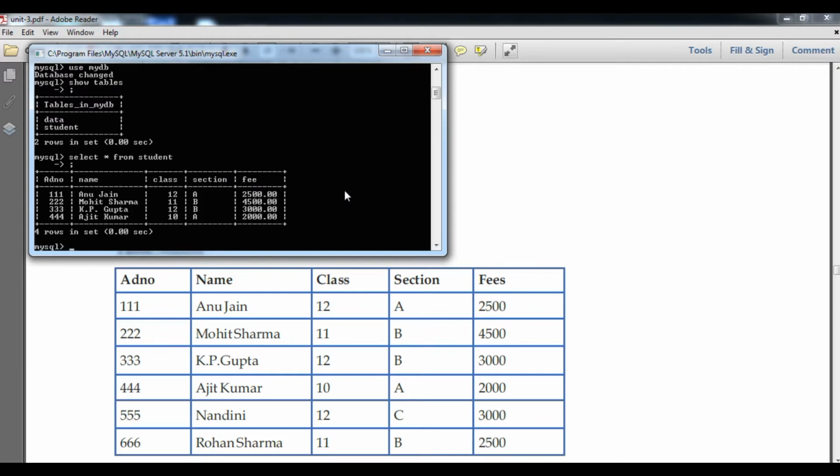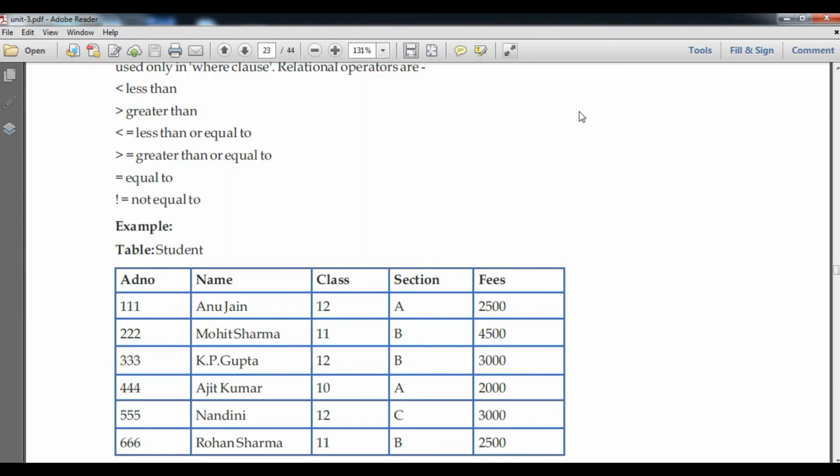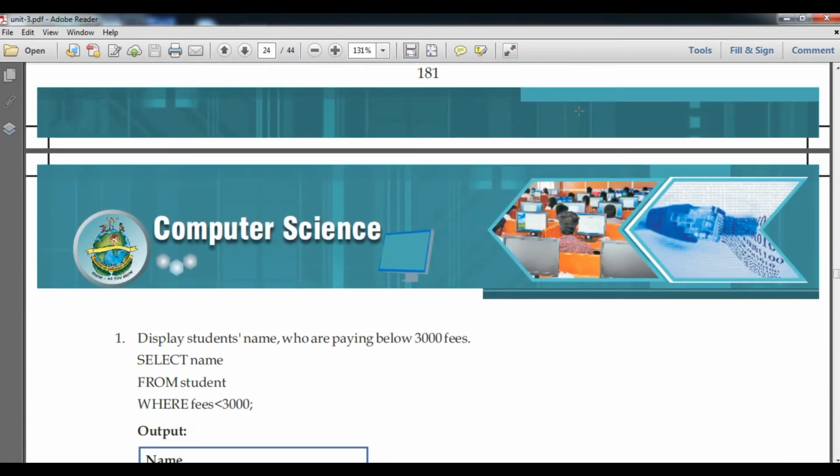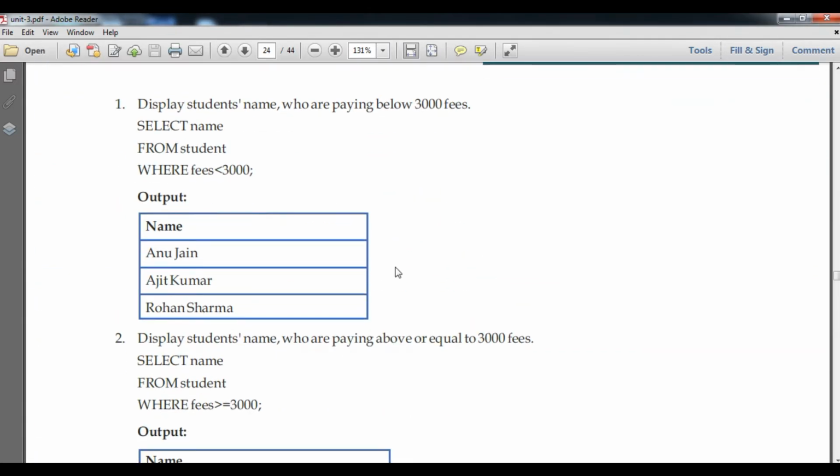Now we can see the table has been shown here. I have only 4 students, but in the study material 6 students are there. So one by one we are going to follow the commands given in the study material.